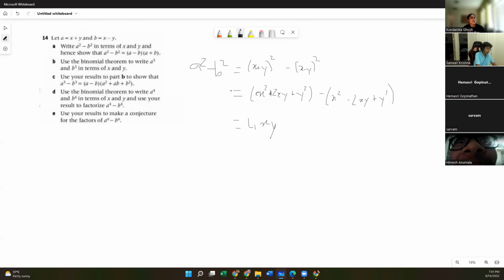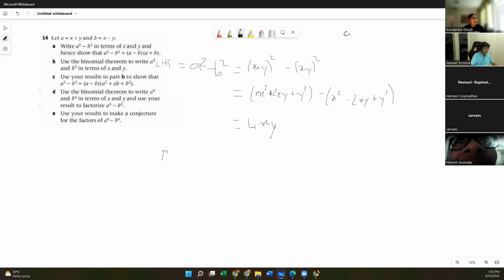Which means that, okay, so, sorry. Again, remember how earlier I was saying required to prove? I like to write that out. What I would normally write here is what we're required to prove: a squared minus b squared equals (a minus b) times (a plus b). And then I would consider a squared minus b squared to be the left-hand side. So we can just do this: LHS equals, again, LHS is shorthand for left-hand side. Your left-hand side equals a squared minus b squared, which equals (x plus y) squared minus (x minus y) squared, okay? Which means that your left-hand side is 4xy.